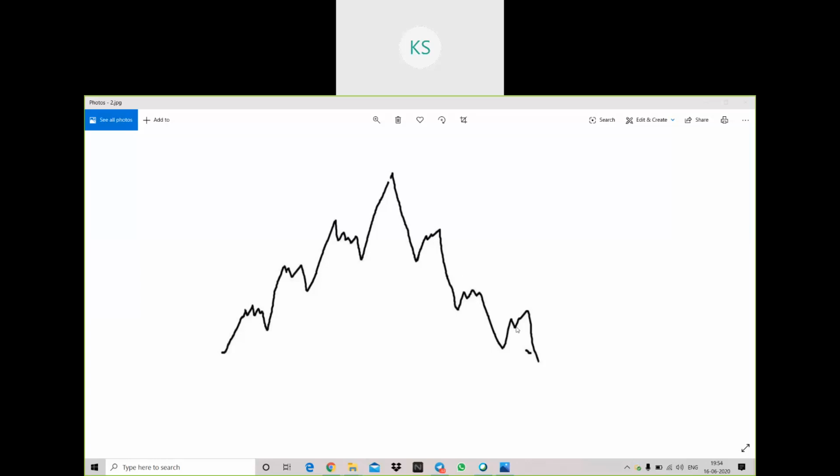So this is how a stock normally moves. Okay, there is no hard and fast rule that it will only move like this, but generally when a stock is trending, it shows these kinds of movements. When the stock is sideways, these rules will not follow.